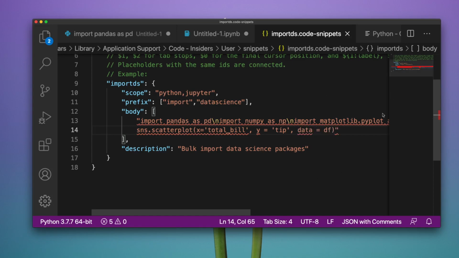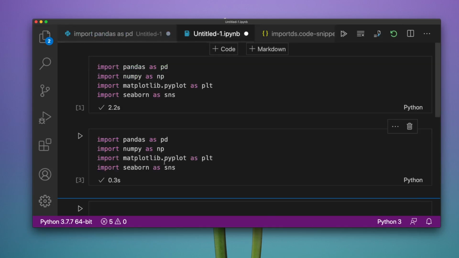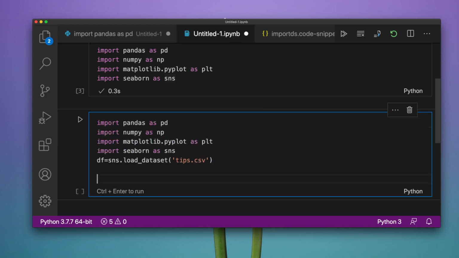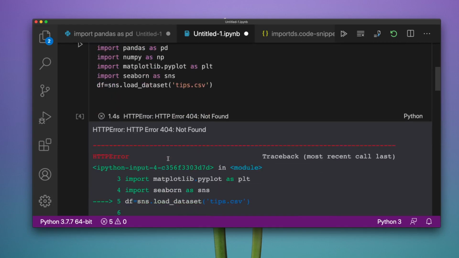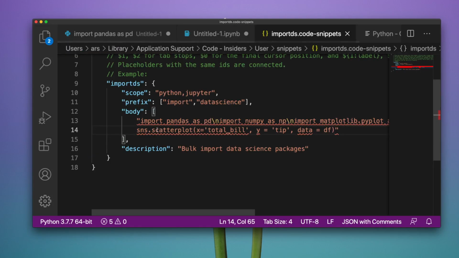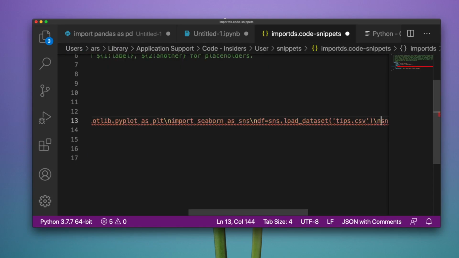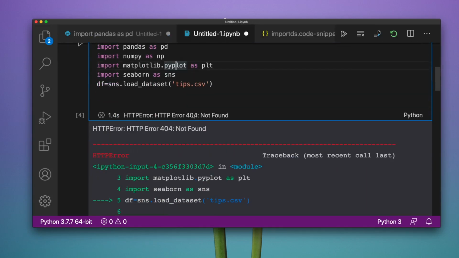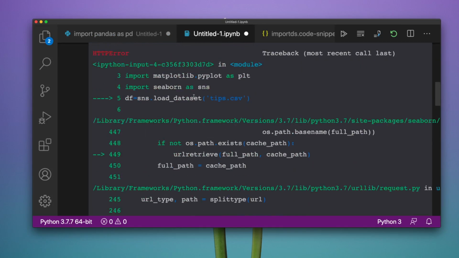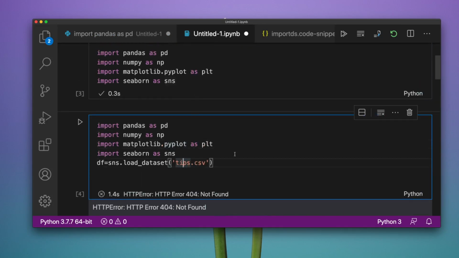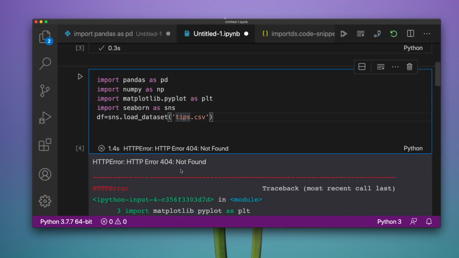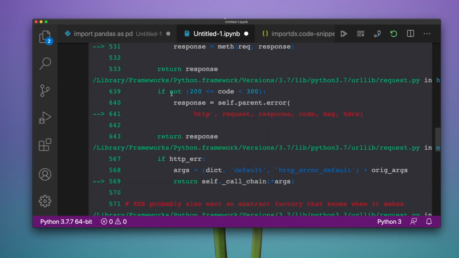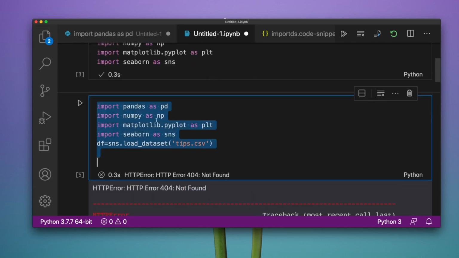So let's see if it works. I'm also trying my luck. So go to the new cell and then say data science, and then you run it. Yeah, the new line has not come, so let's probably go back, save it, run it. I think the file is not getting loaded, probably because of my internet. Let me run it again. Yeah, so the problem is with file downloading, but you can actually see that the code is downloaded.